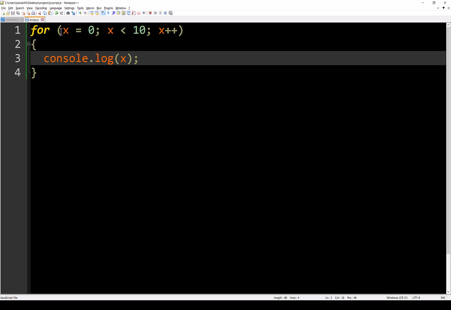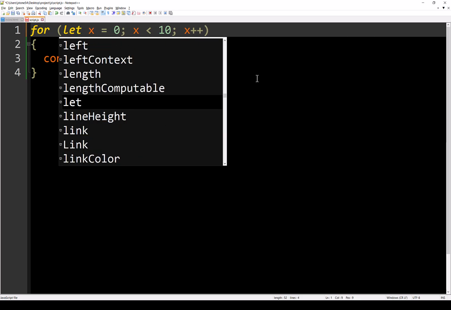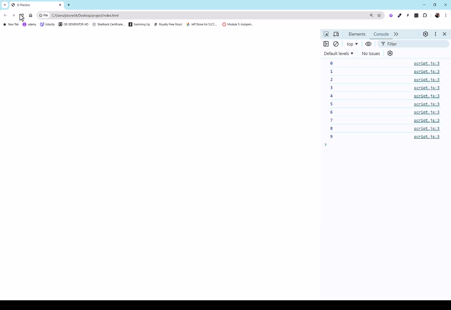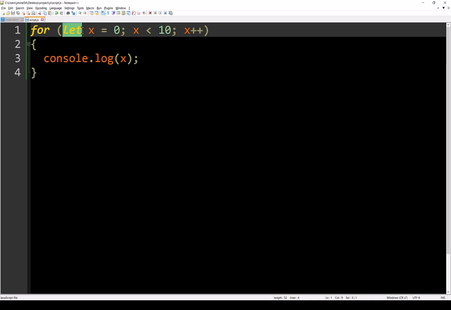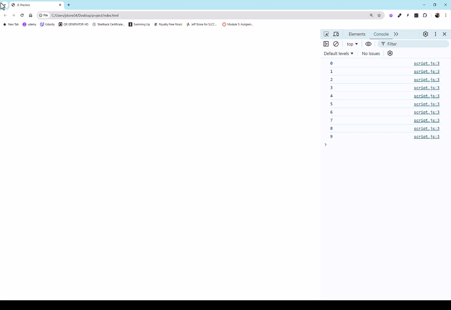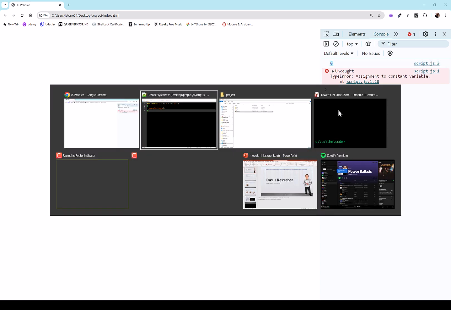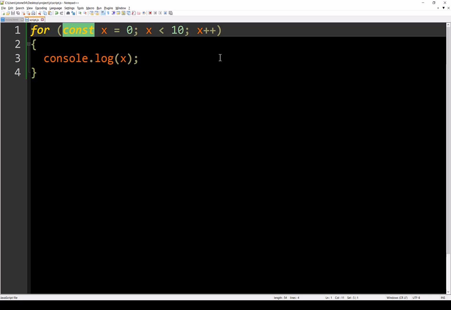That's totally fine. Now, you can do var x like that, and you can do let x like that, and I refresh, and you'll see it works. But what's going to happen if I do const? If you guess that I'm going to get an error, you are correct, because sure, I can set x to 0, but the moment I try to change it by iterating the loop, we're now trying to change a constant. That's no good. However, this is totally valid, right? So that is how I write all of my loops. There we go. That's variables in a nutshell.